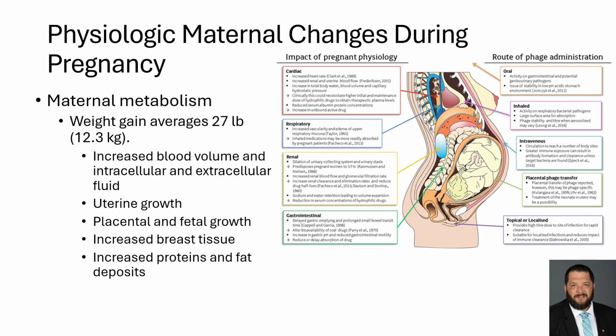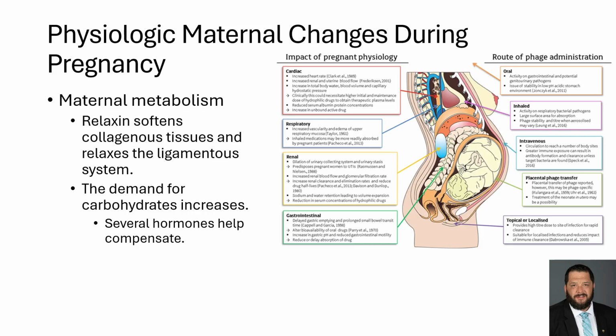Maternal weight gain averages about 27 pounds. The increased blood volume, intracellular and extracellular fluid accommodates for some of this, as well as the uterine growth, the placental and fetal growth, the increase in breast tissue, and increase in protein and fat deposits during pregnancy. Relaxin softens the collagenous tissues and relaxes the ligamentous system, and the demand for carbohydrates increases significantly, and several hormones